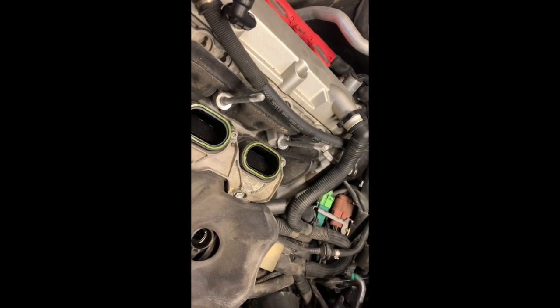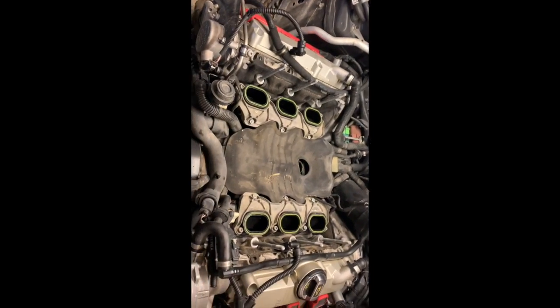It's pretty straightforward as long as you take your time, and make sure you disconnect all your vacuum lines and the electrical connectors in the back. There's another vacuum line in the back that's hidden. I pre-marked all of mine just so I know where they go. Other than that, it's pretty simple. Just take your time. Oh Jesus, it's like I broke a...